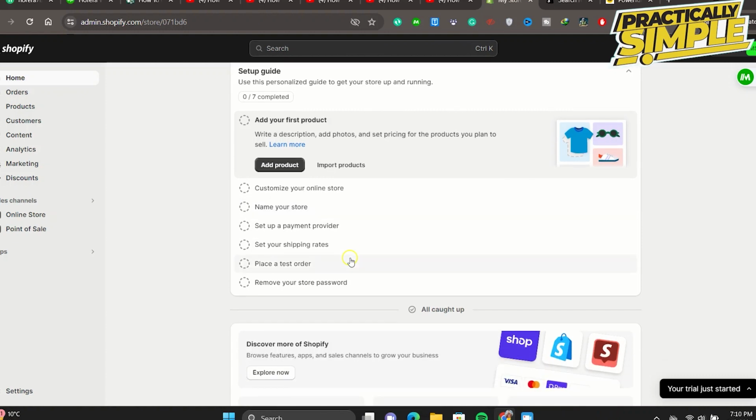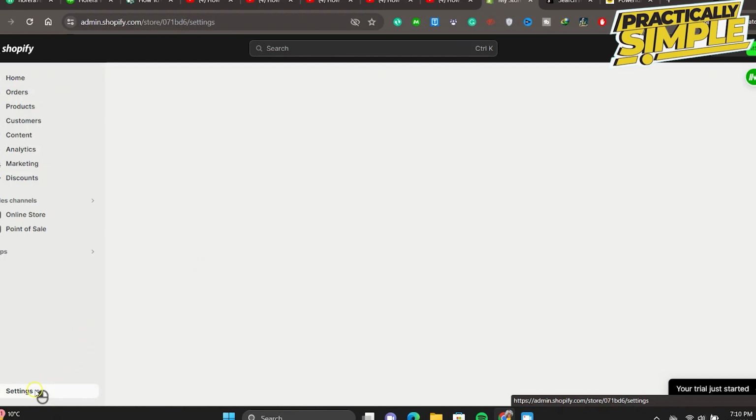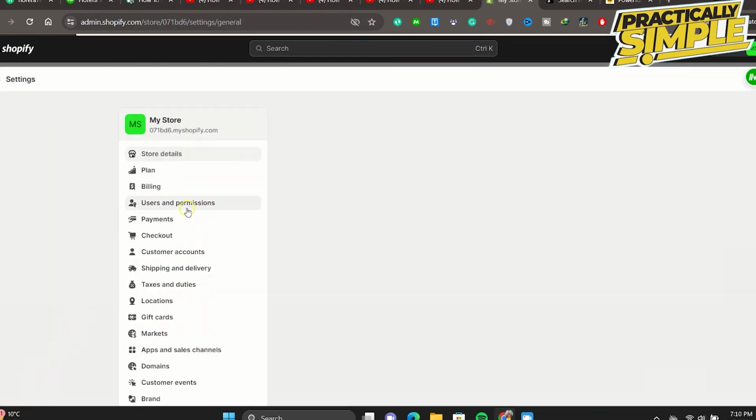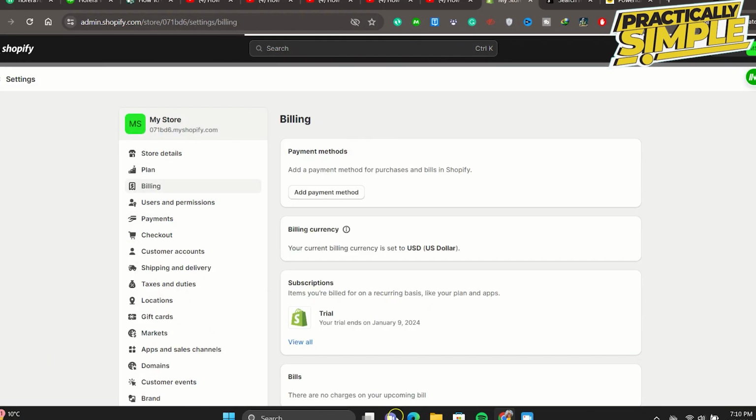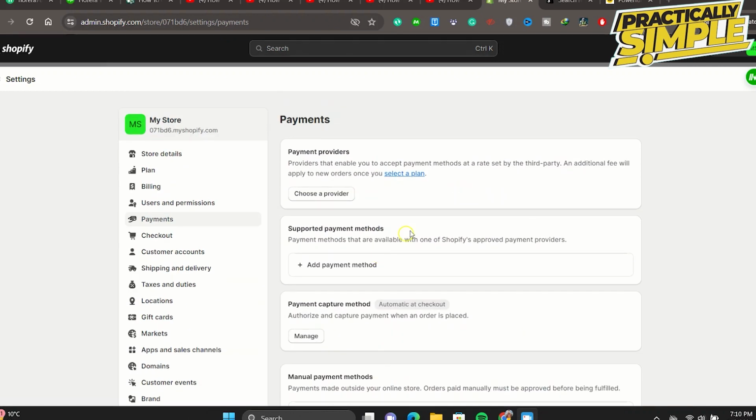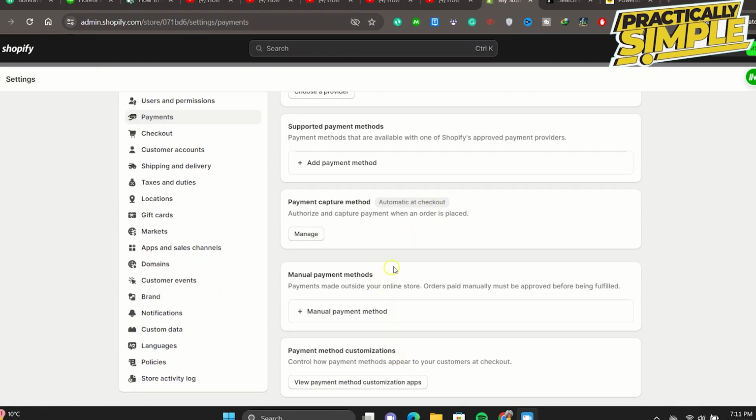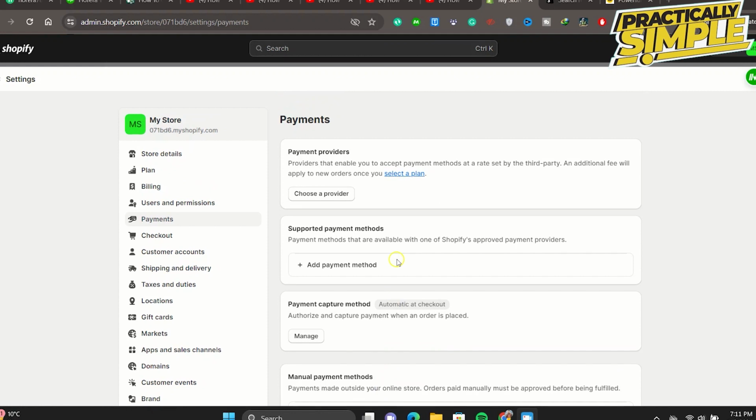To do this, you need to go to settings at the bottom left here, and from here go to the payments section and adjust your payments. Typically you have Shopify Payments here, but you also have additional payments here. They might be using the additional payments that you have set up. In this case, you just need to properly set it up or check a few settings to see if it's actually